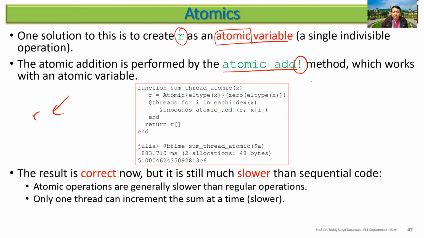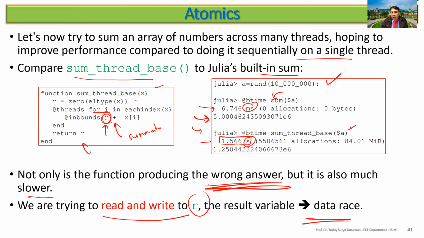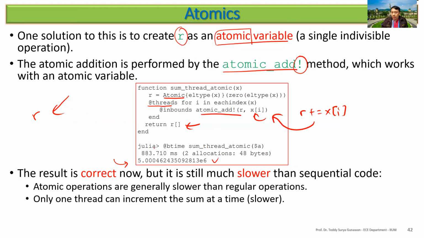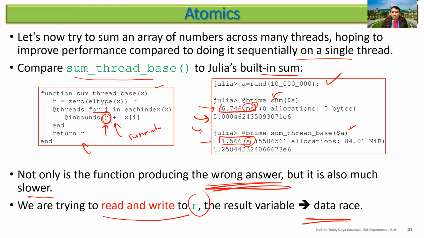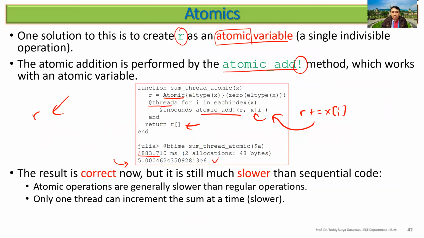Then we have here the atomic addition method, which works with atomic variables. Remember, the input will be modified as the output. So you are doing the same thing with threads, but you put atomic here, and you have atomic add r with the element xi. So this is converted from here, because you want to have the atomic operation and then return for that part. When you do this, this is 5 point something, the same. The result is the same. But let's see this one: 6.746 milliseconds, but this one is 800 times slower. The result is correct, but still much slower than the sequential code.